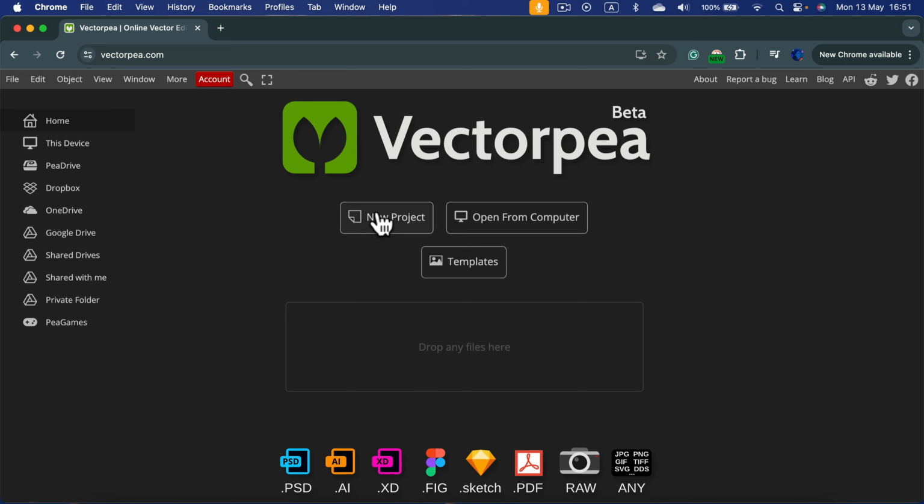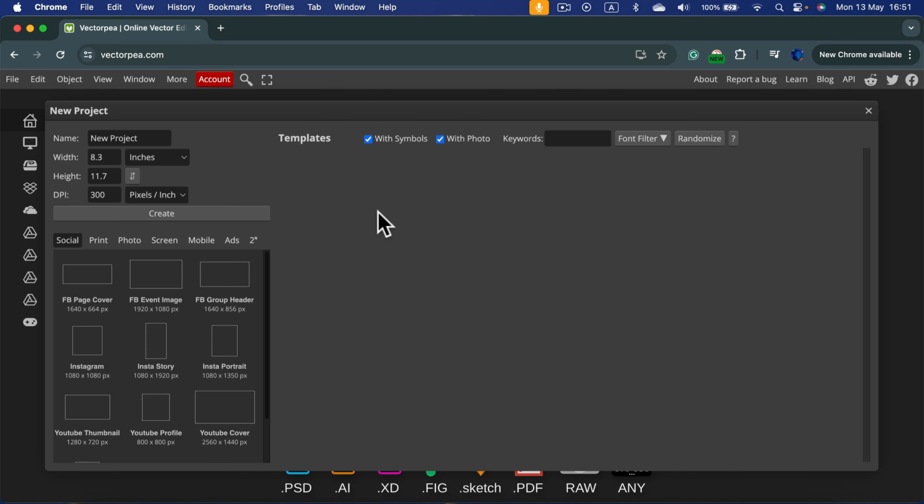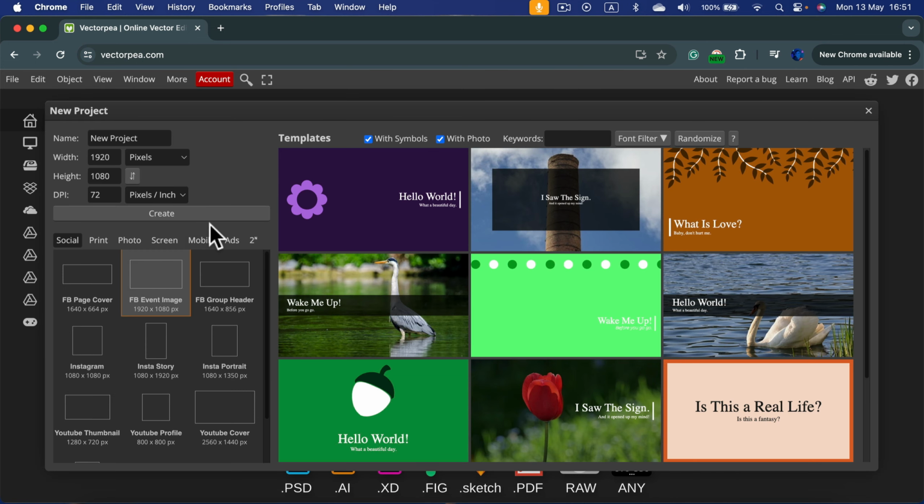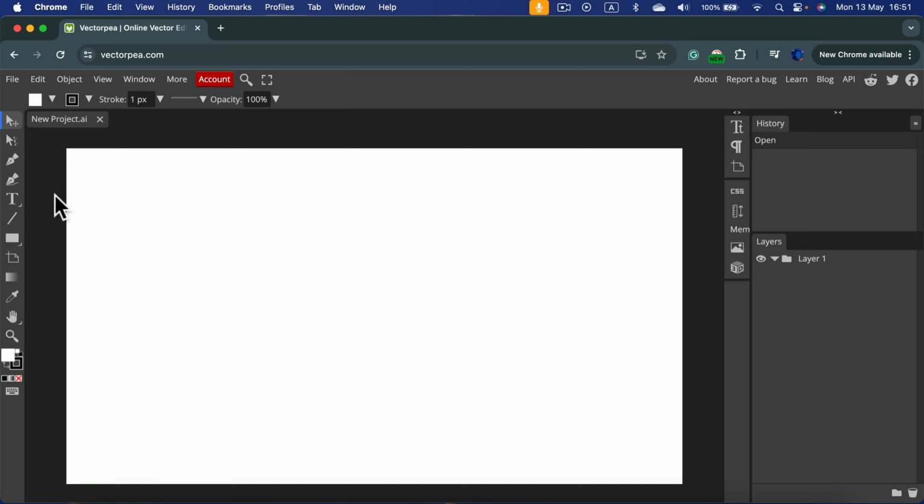So let me show you how you can use the pen tool in Vectorpea. So let's start a brand new project, and the interface is way easier than Photopea. So we've got only vector editing tools, but not that many just yet. But the pen tool is over here. The pen tool is one of the most powerful tools because thanks to that we can draw any shape we need